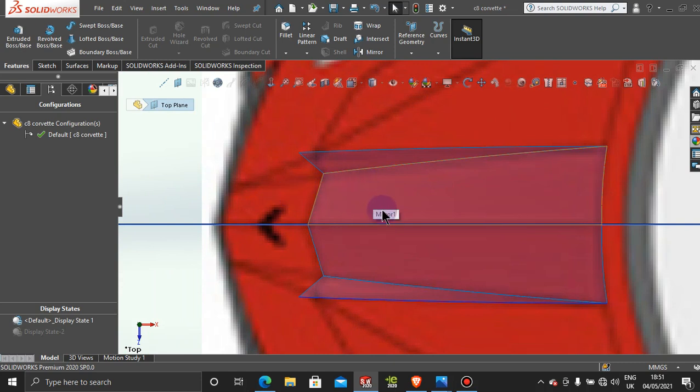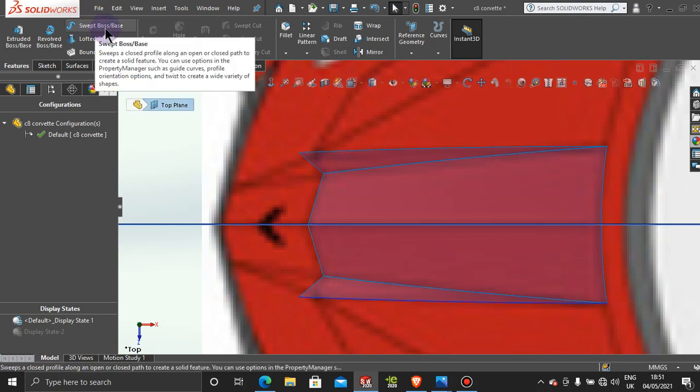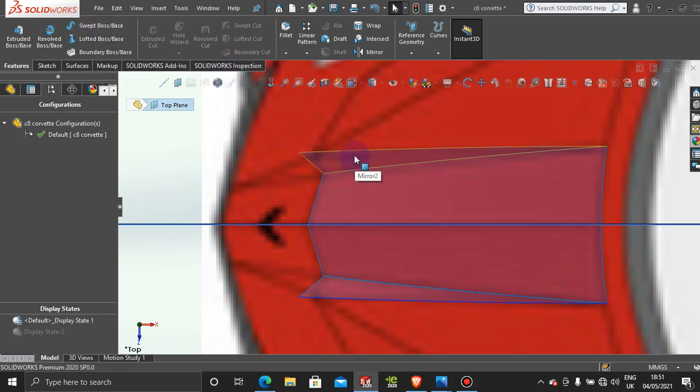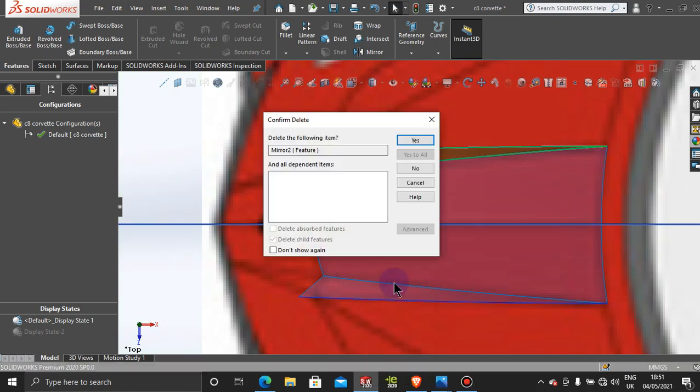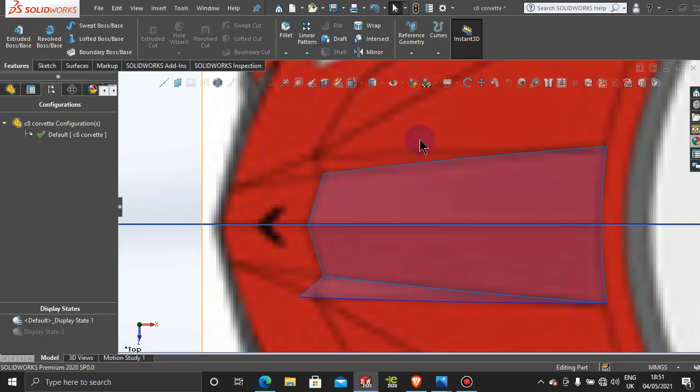All right, so we're going to trim from this corner all the way out to that corner here, and then the rest of the part will go that way. However, what I'm thinking is, let's delete this mirrored surface here,